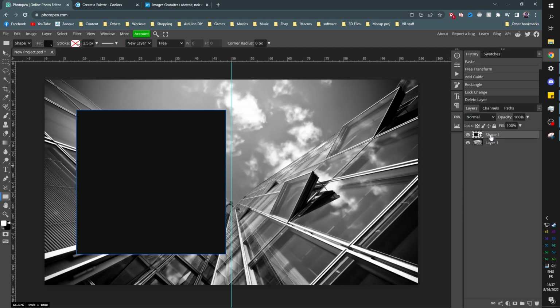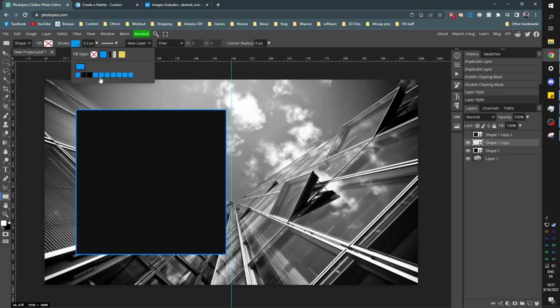All right, so shape one, I'm gonna hold Alt on my keyboard, click and drag once, click and drag twice. Now we have 3 times the exact same thing. I'm gonna turn off the top one, and with the second one selected and my shape tool still selected, I'm gonna go up top and remove the fill. So you click on the little arrow next to fill, and we're gonna click on this X, that means no fill, right? And in stroke, we're gonna click here and pick a color. Boom, and as you can see, it added some sort of outline.